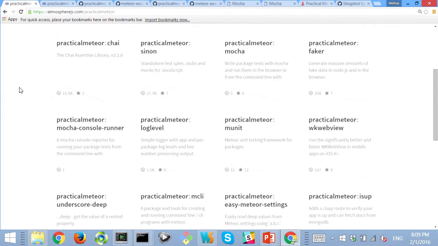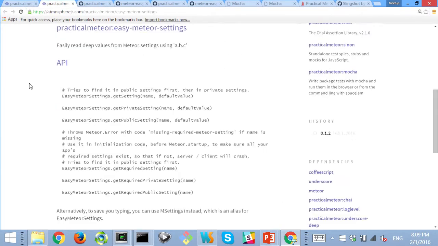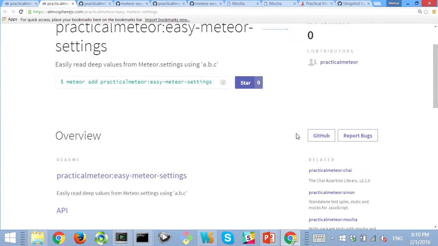Okay, there's a package called Easy Meteor Settings. Not yet popular, hopefully it will be, but it allows you to easily read settings for Meteor using a.b.c syntax. Makes your life a little bit easier, not that easier. And in order to test the package,